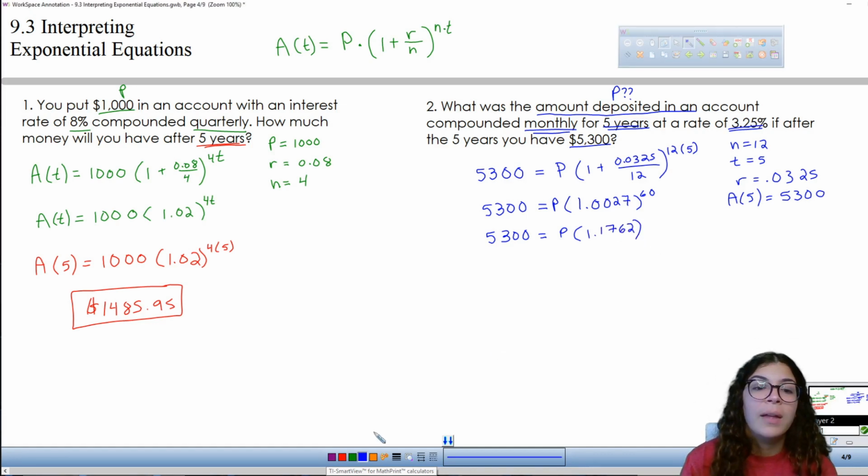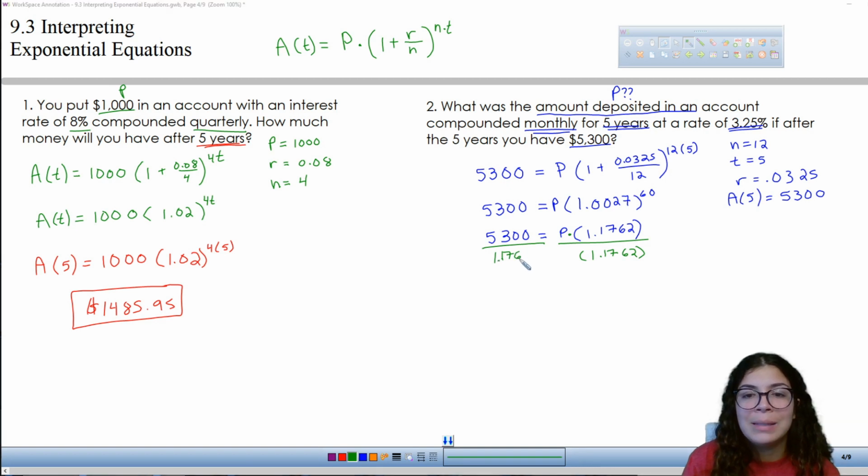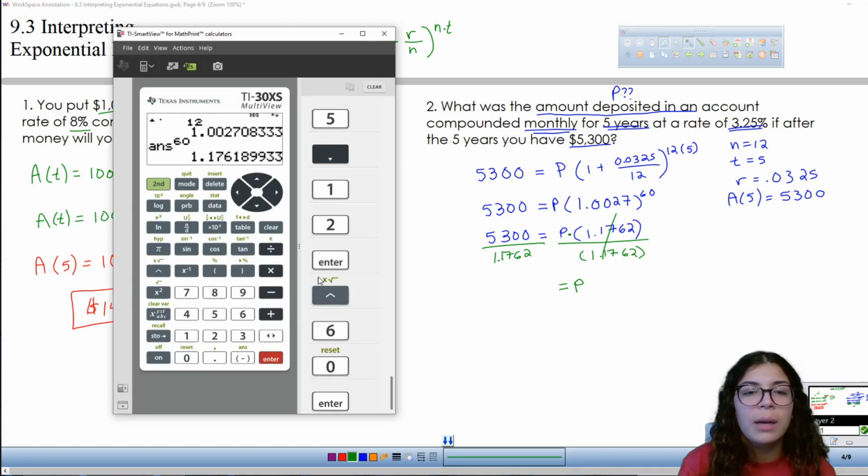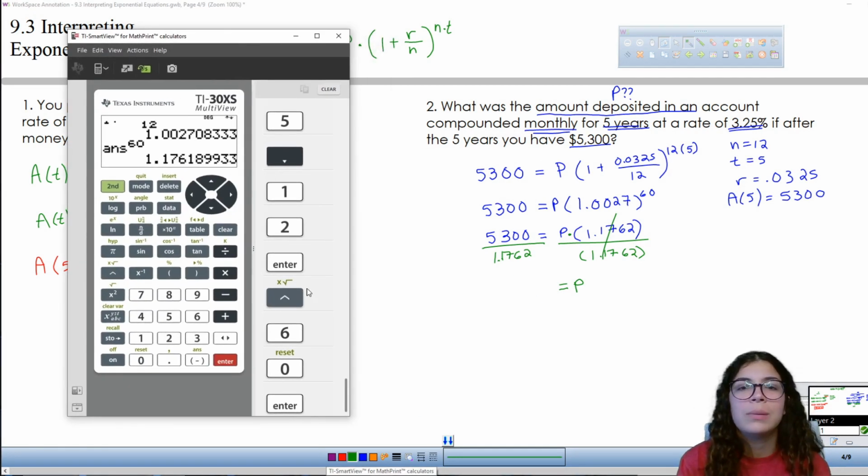Okay. And then, of course, to solve for P, these numbers are multiplying, so I will divide by that number. Now, again, if you want to have the most exact answer, you will not round it. You will leave it in your calculator exactly as it is. So we end up with P equals, and of course you can divide that. You'll get a close enough answer for you to figure out the correct answer,